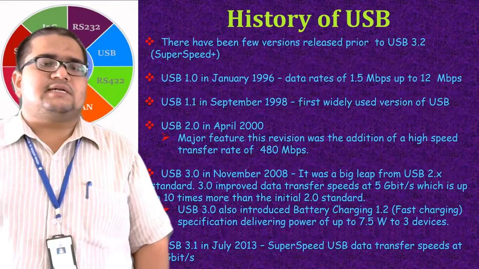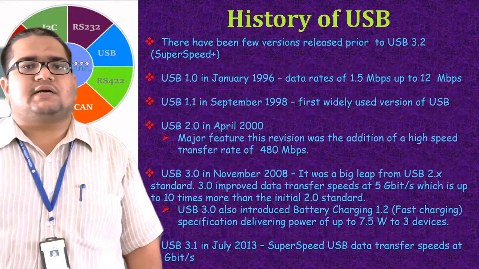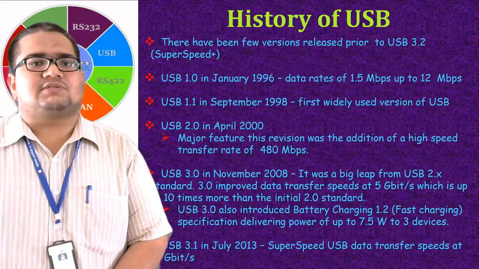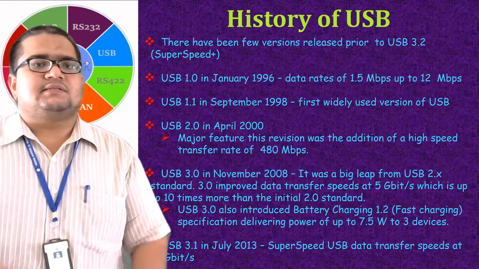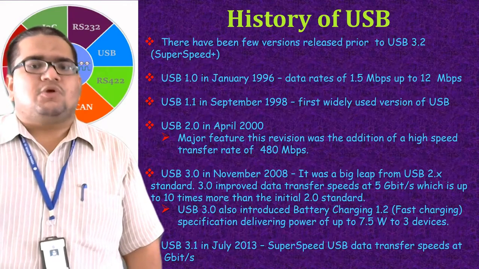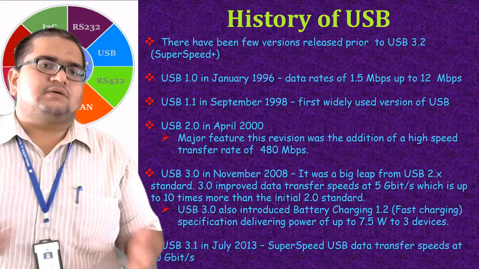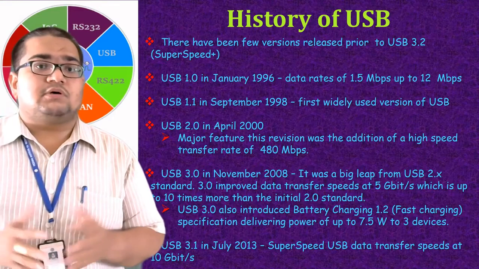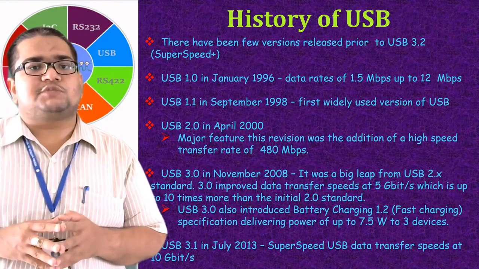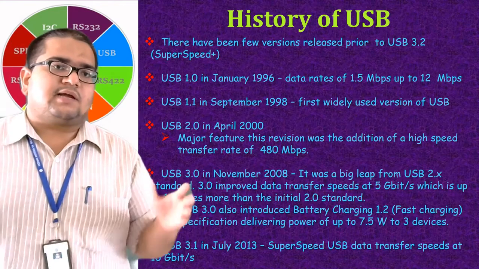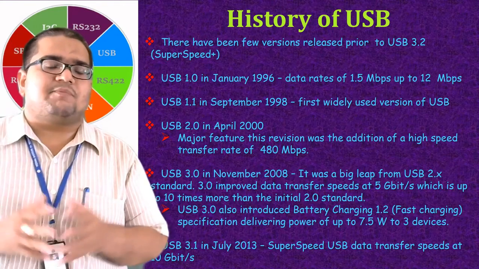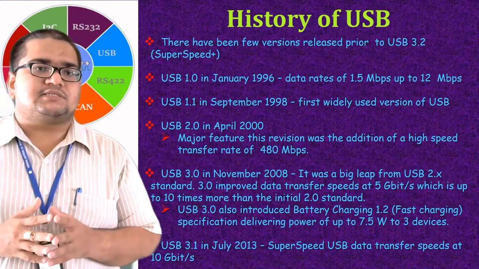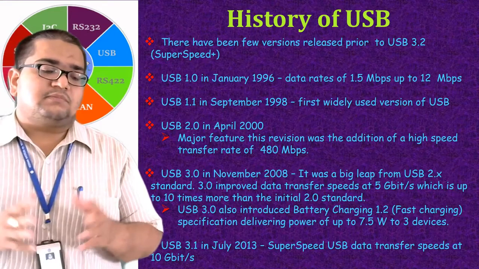Now the history of USB. It all started long back, in the 1990s. USB 1.0 was there, then it evolved to USB 2.0. Most of the currently working computers will have USB 2.0 and 3.0. Anyhow, USB 3.2 and USB 4 are also available in the market. In the coming future, we may see further developments in USB, which is continuously evolving, and the speed of communications is evolving at a very high rate.